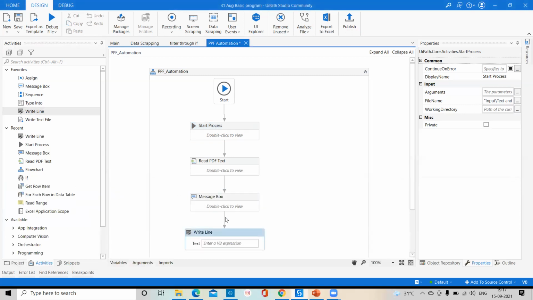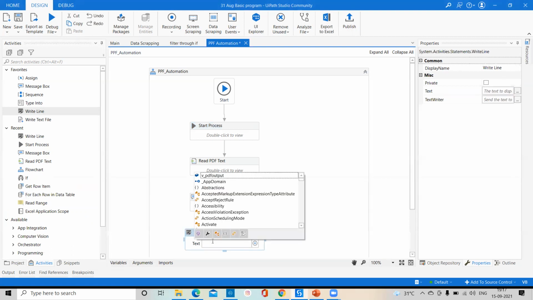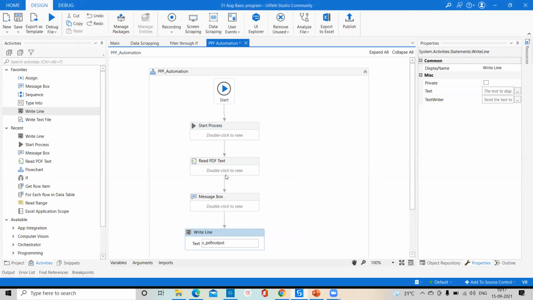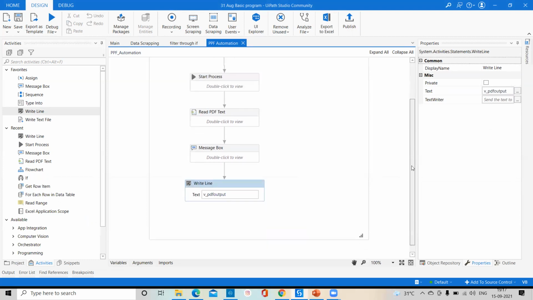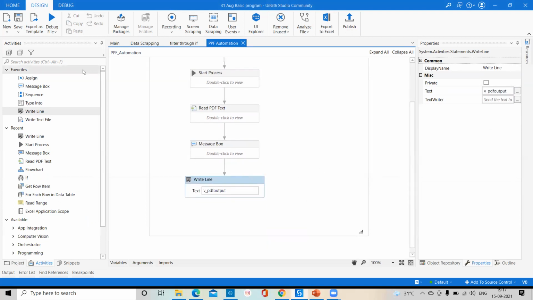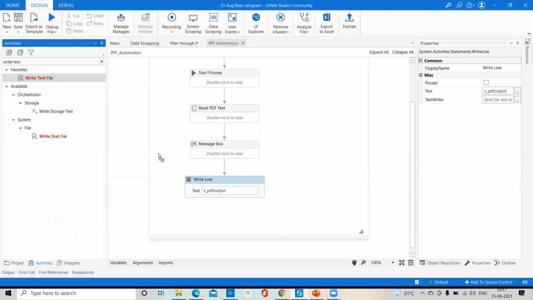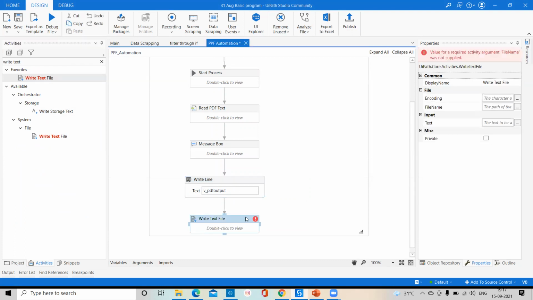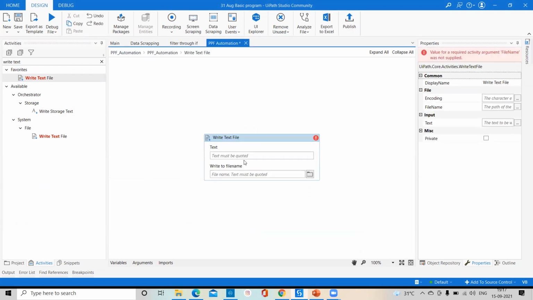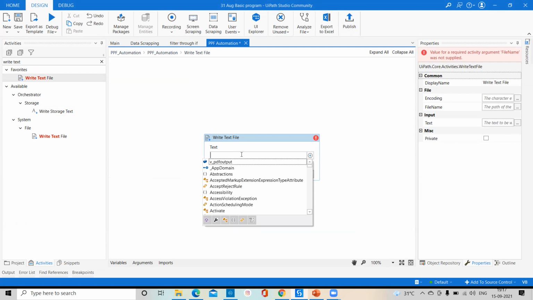Okay, so in write line also we'll use the same thing, that is your vPDF output. This is the variable where we are storing the data. After write line, we'll go for write text file. Okay, so after write line, we have to write all your data into one text file. Text file means it will create one notepad, and there we have to keep all your data.